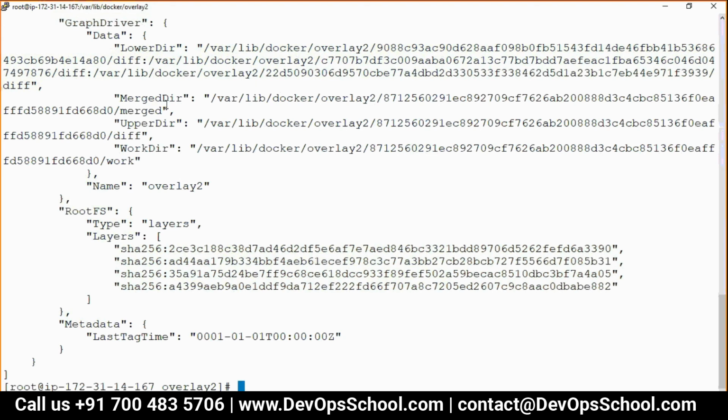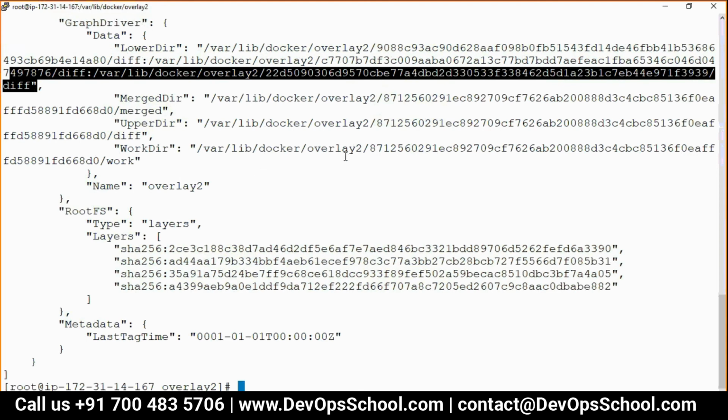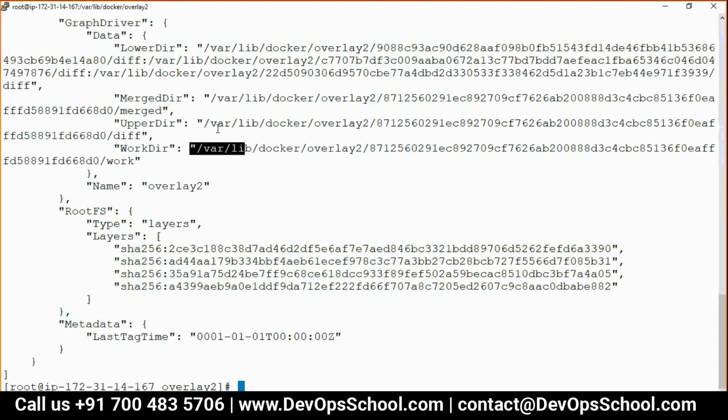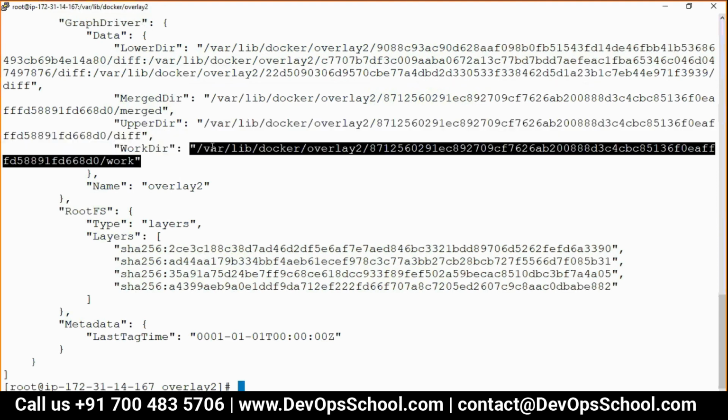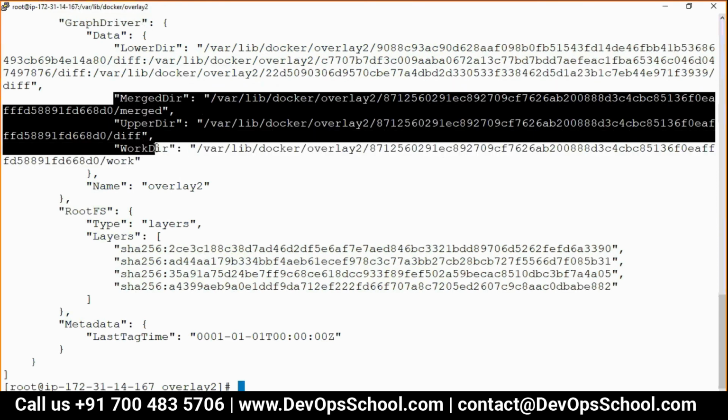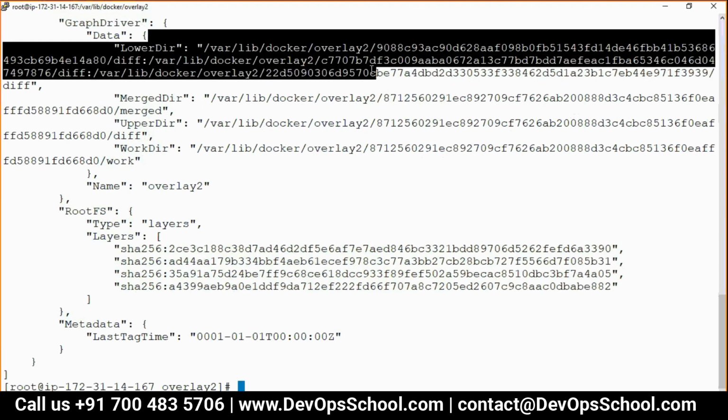So what is happening? This is a layer, this is a layer, till diff. Now there is one layer which is this one. This is the last layer, and it has 3 entries. You see here, this is the base layer.